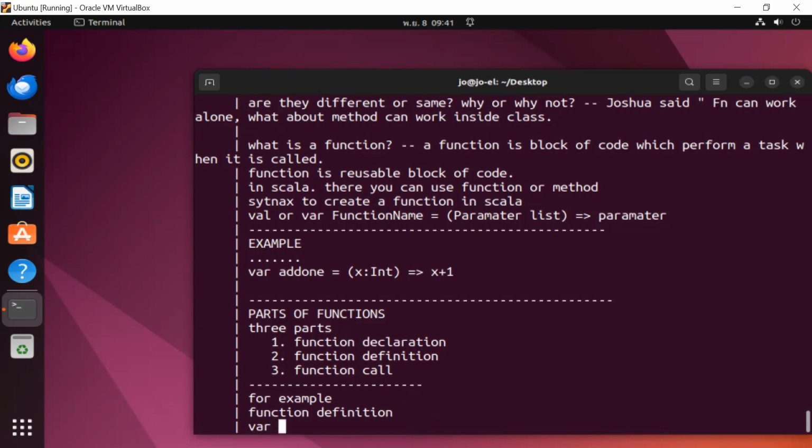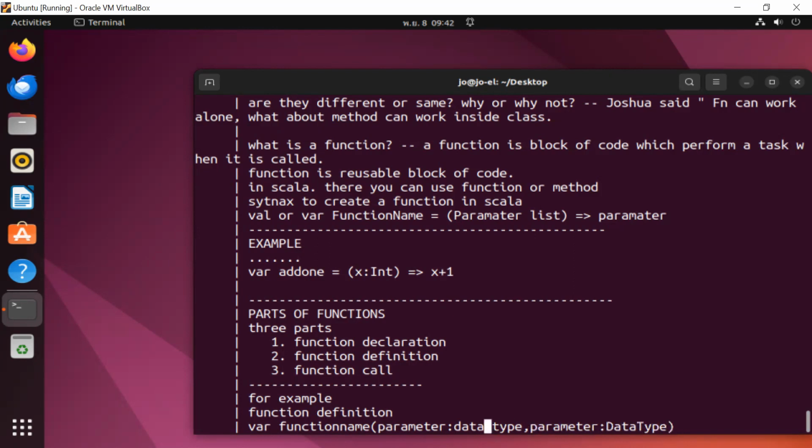We say var function name, and then I pass here parameter, data type. You may again put parameter, and you can put as many as you need based on your case. I put here data type. This is a syntax, right?